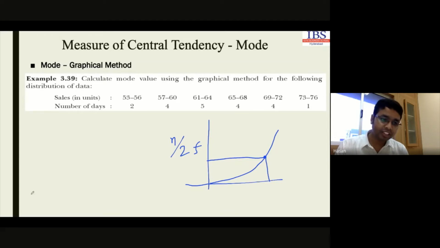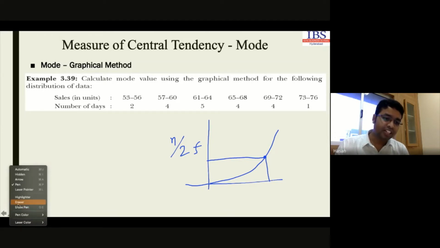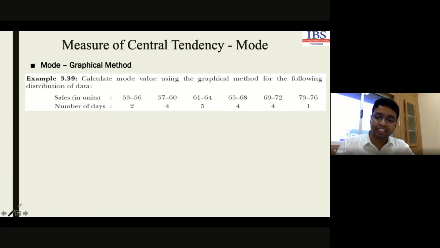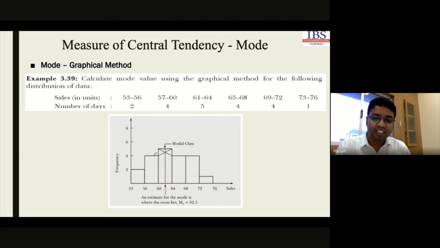Okay. The same thing here. We have to decide which graph to use, whether histogram or bar chart. It depends on our data type. If you have grouped data, that means a continuous set of data, then we have to use a histogram, not a bar chart. For continuous data, we use a histogram. So now simply plot the histogram. In the histogram, we can easily identify the class which has the maximum frequency.